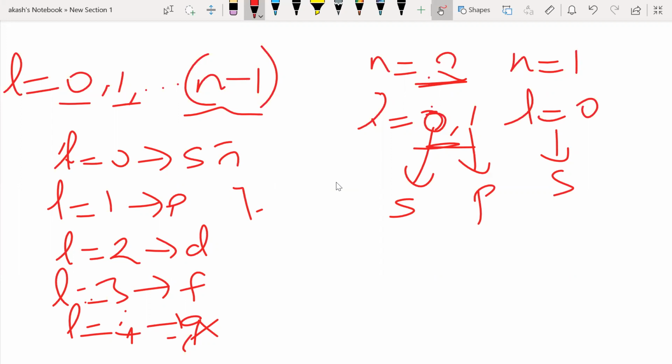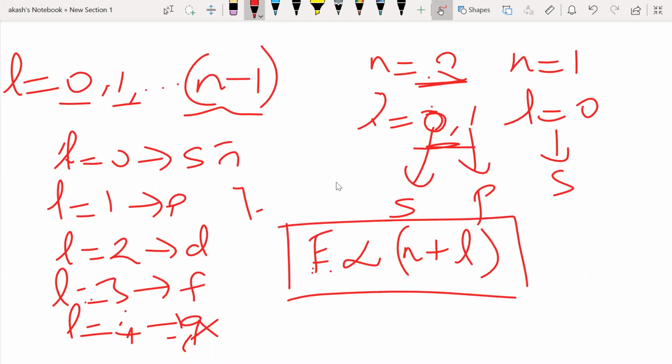I mean, sorry, what is the subshell? With the help of azimuthal quantum number, we'll be able to find out. Cool, right? Fine. Now talking about energy, we are going to study about Aufbau's principle and stuff, so we'll talk about it there, but anyways, I can just give you a heads up. So remember, the energy value of the orbital is directly proportional to the n plus L value. Please remember this, right?